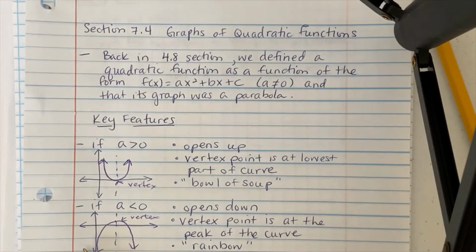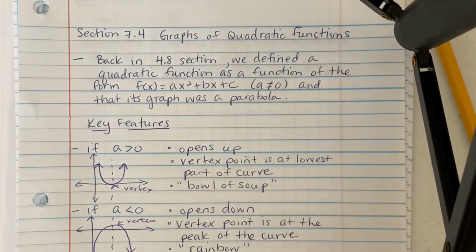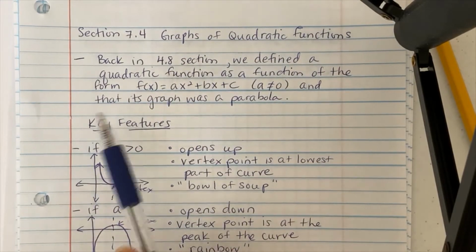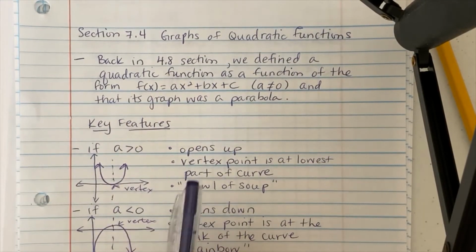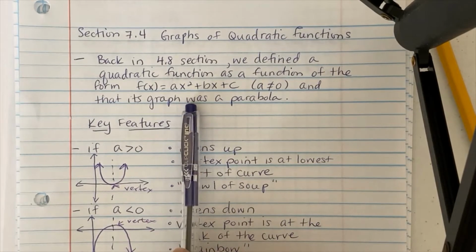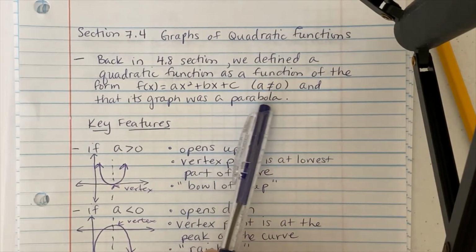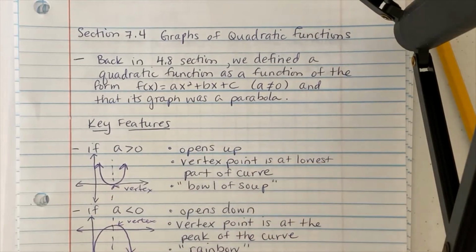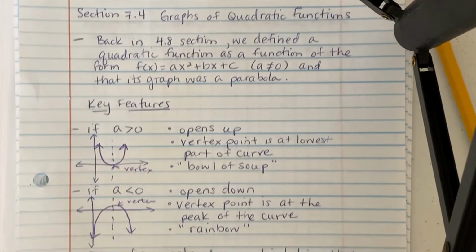Welcome back, everyone. We're going to tackle section 7.4 today, graphs of quadratic functions. Something to remember was back in unit 4, section 4.8, we defined a quadratic function as a function of the form f of x equals ax squared plus bx plus c, where a does not equal 0, and that its graph was a parabola. So some key features you need to remember from back then was that if the a